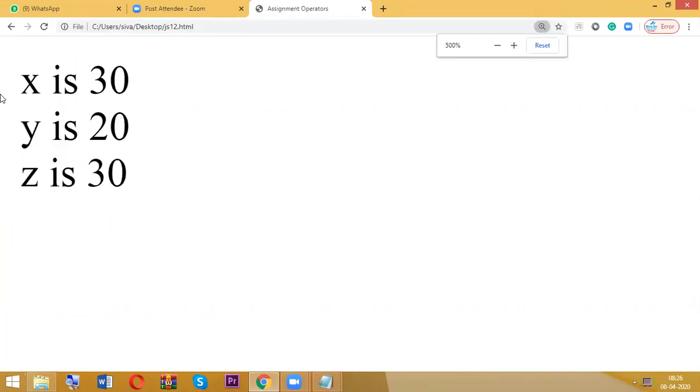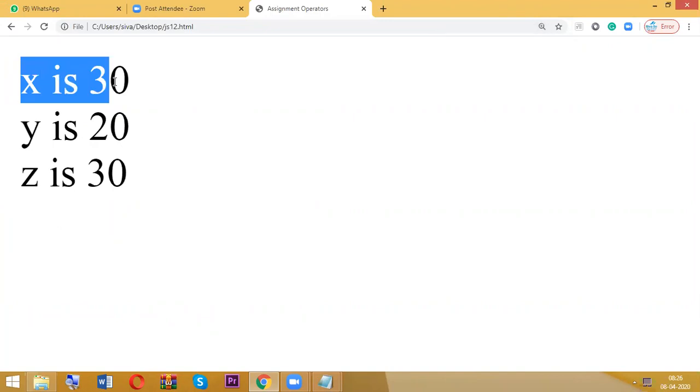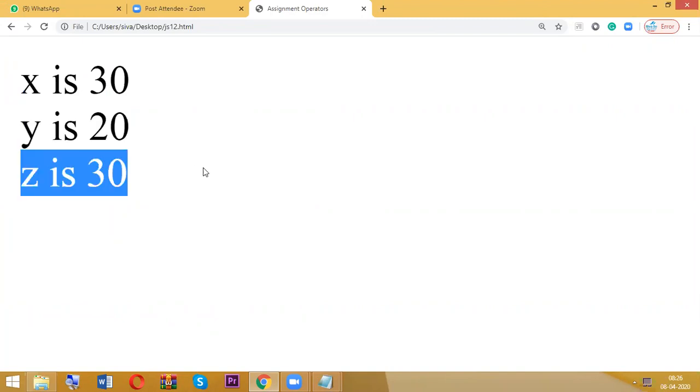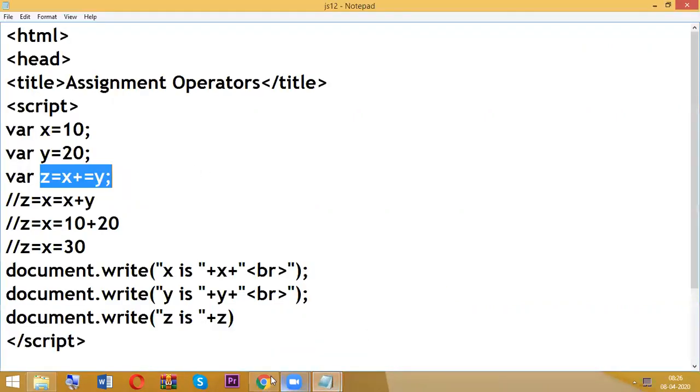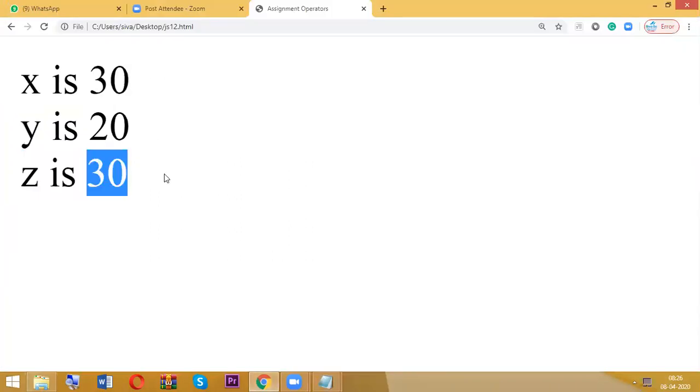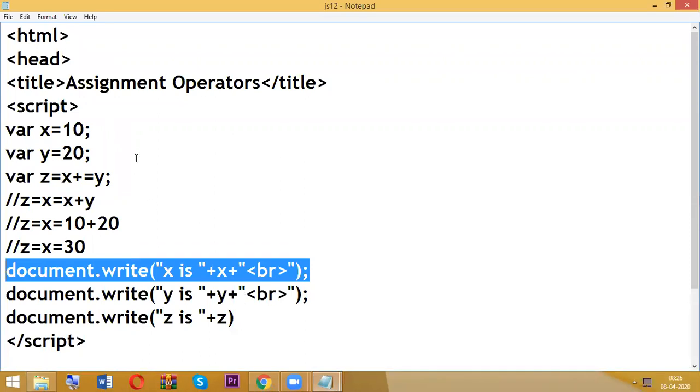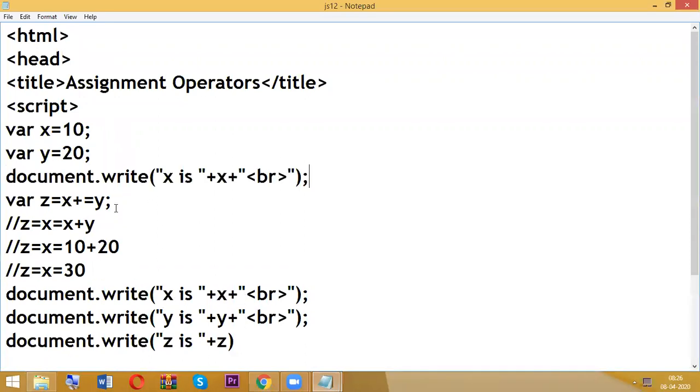If you observe here, x value is what? 30, y value is 20, and z value is 30. So x value and z value both are 30. Suppose I write the same statement before that expression. JavaScript executes from top to bottom, whether it is JavaScript, CSS, whatever.